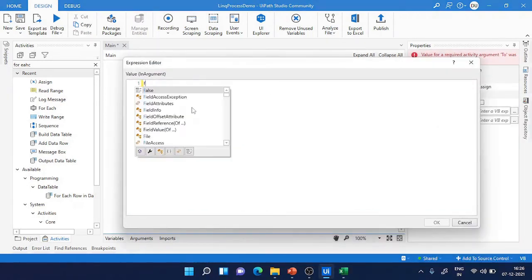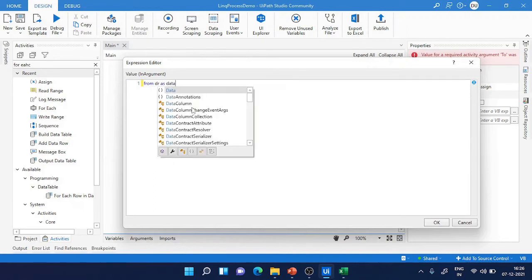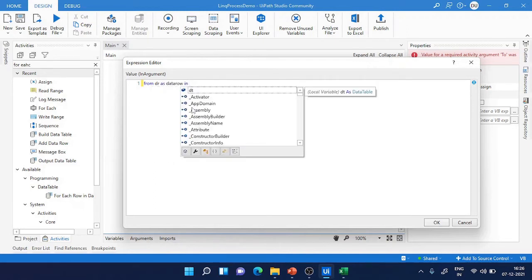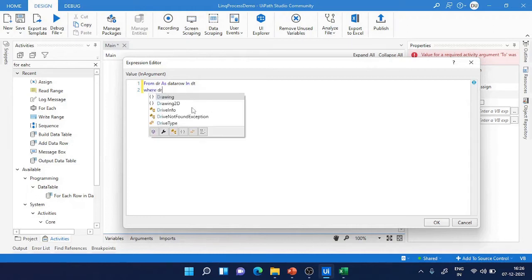So my Linq query starts from the keyword From, and then you write the range variable. So I'm making dr as data row, and then the third thing you write is where you want to enumerate, the enumerable variable, which is my dt, my data table. Now the second thing, the condition. So my condition is where I'm saying my dr